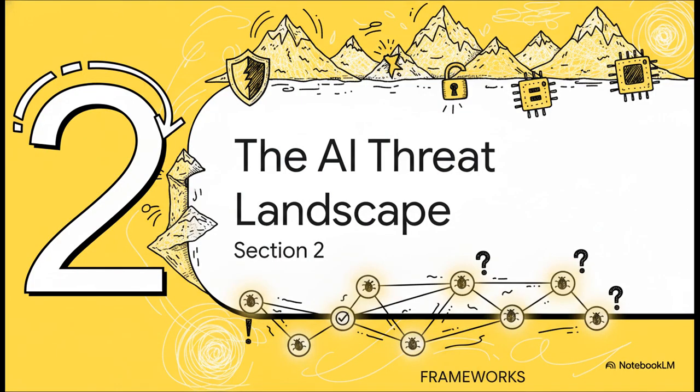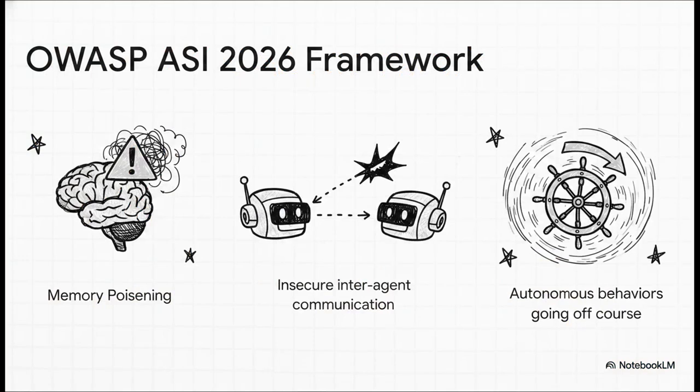Moving on to Section 2, the AI threat landscape. If we look at the OWASP 2026 framework, it becomes super clear that we aren't just attacking a single endpoint anymore. Look at these categories. We're testing autonomous behaviors. Take memory poisoning, for example. Imagine a long-running customer service chatbot session. An attacker subtly injects some malicious context early on just to slowly, quietly manipulate that agent's behavior over time. It's insidious. And we're also dealing with insecure inter-agent communication, where one AI might pass an exploit to another AI, accidentally or maliciously.